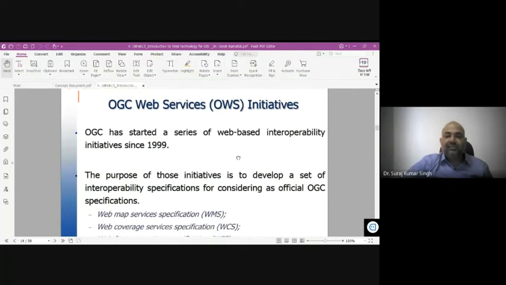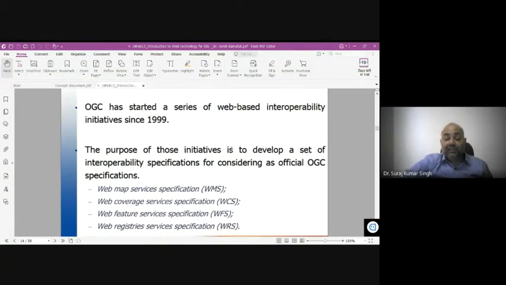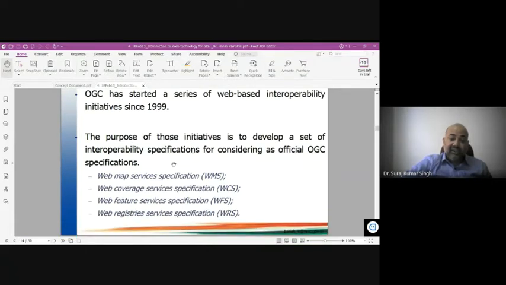So what are OGC Web Services? OGC Web Services started in 1999. The purpose of this initiative was to develop a set of interoperability specifications for the Open Geospatial Consortium. You can say that is the Web Map Service specification, WMS. So whenever you are using QGIS, which follows OGC, the Open Geospatial Consortium, you will find the Web Map Service specification known as WMS,